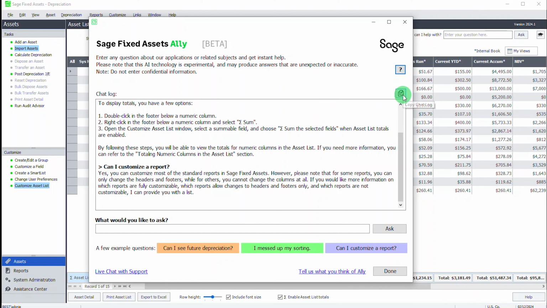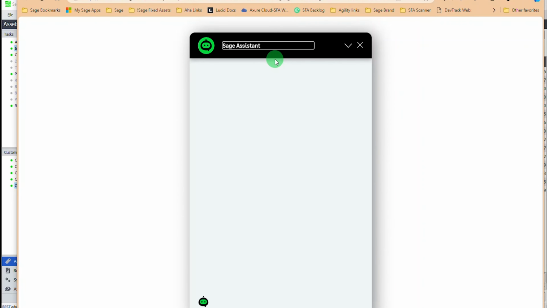You can use this button to copy all the content to a clipboard if you want to save it for later reference. As noted, there's questions here at the bottom, and they change every time you close out the dialog for Ally and reopen it. Sometimes she'll say, I don't have an answer for you. Check Chat with Live Support. You can click on this link down here, Live Chat with Support,